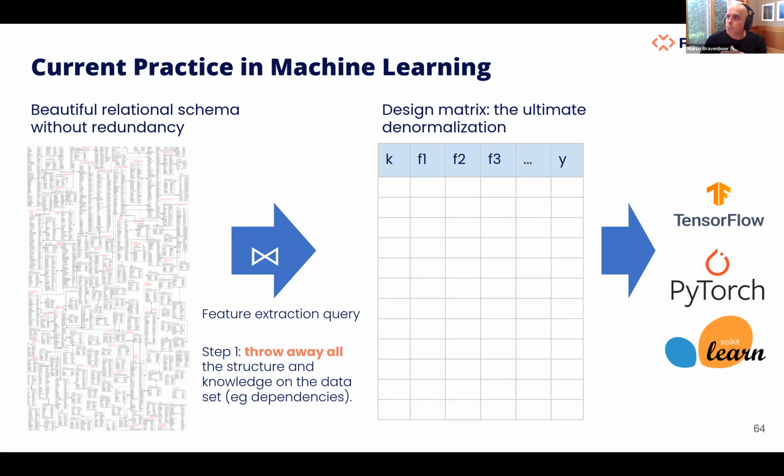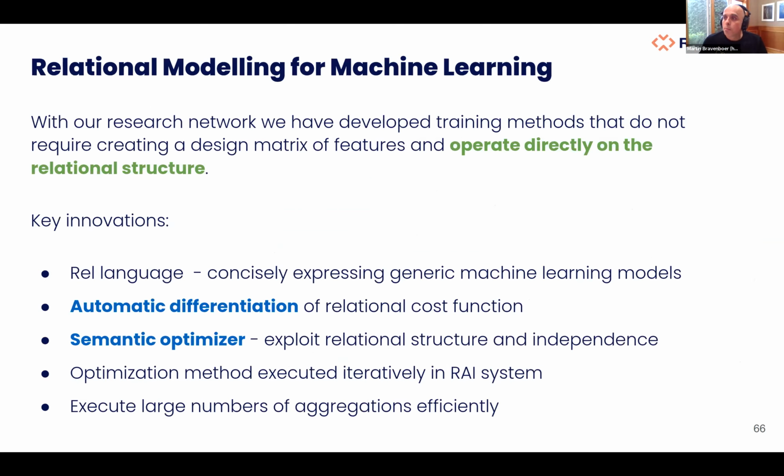In machine learning, current practice is that you have a relational schema, you put that in a matrix. The matrix is essentially an extremely denormalized table with a lot of redundancy in there, and then the machine learning tools start working over that. Our machine learning algorithms actually exploit the structure in the original relational schema. So we don't make the design matrix, or we can make it virtually, let's say, but we actually exploit the structure that exists and optimize things so that we don't do aggregations over large data sets that are not actually necessary. That gives us very good performance results, in particular for problems that have a lot of structure in them. Okay, but I'll skip this.